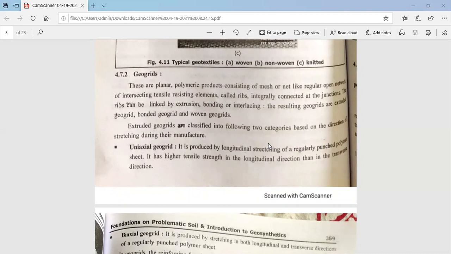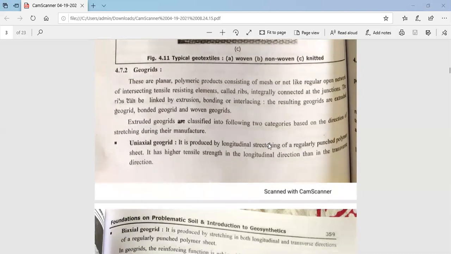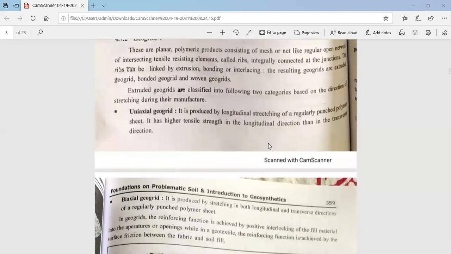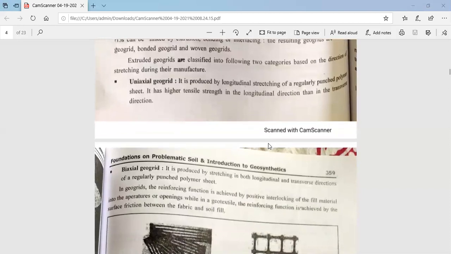So the resulting geogrids are extruded geogrid, bonded geogrid, and woven geogrids. Extruded geogrids are classified into the following two categories, based on the direction of stretching during their manufacture. First is a uniaxial geogrid and second one is biaxial